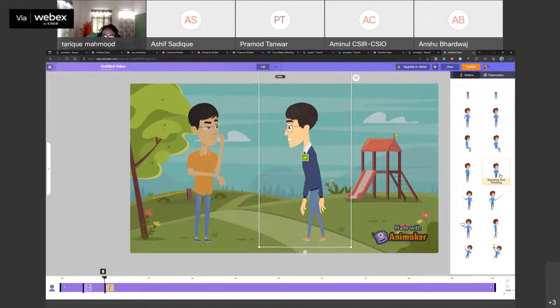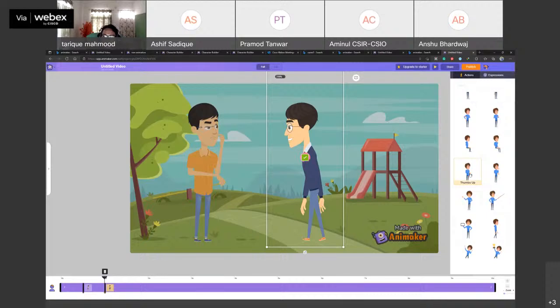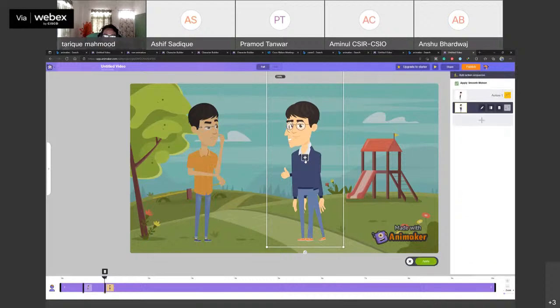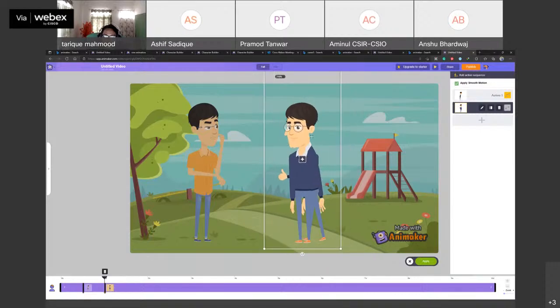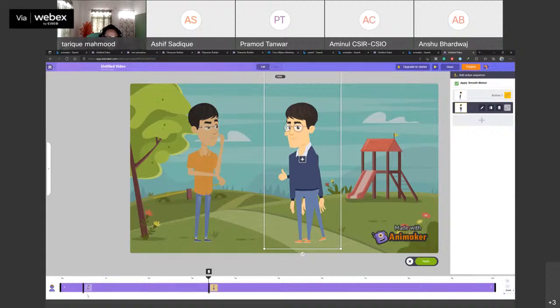We will change the expressions. Okay, and we will click the plus button, and now we will click the first frame, apply. Okay, so as you can see, we will start this scene